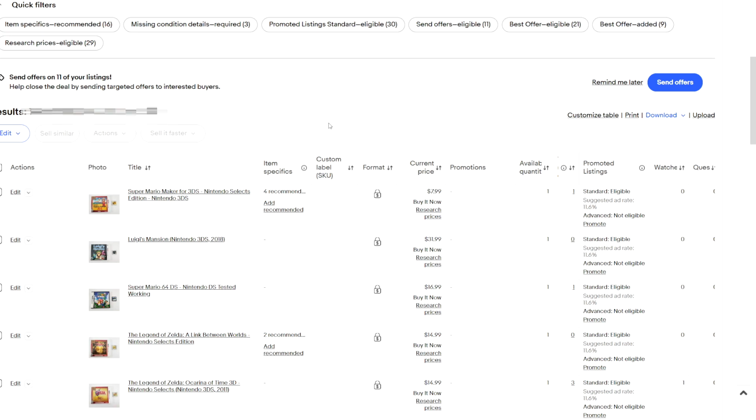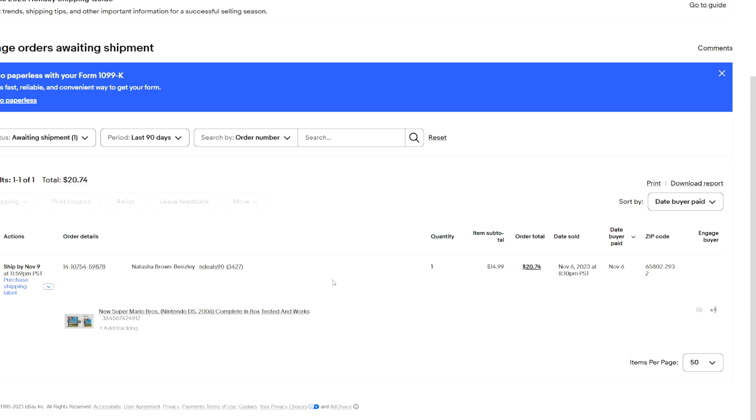It was the first one I listed, and within 20 minutes someone had bought it, and I will show you guys that one now. Alright, and that is this one right here, New Super Mario Bros. on the DS, complete in box. It was $14.99. That sold within 20 minutes of me listing this. So our expected profit from it, I will cut to that after I get the shipping label and everything printed out